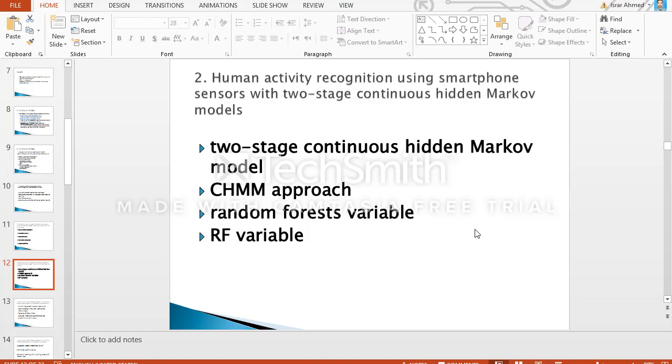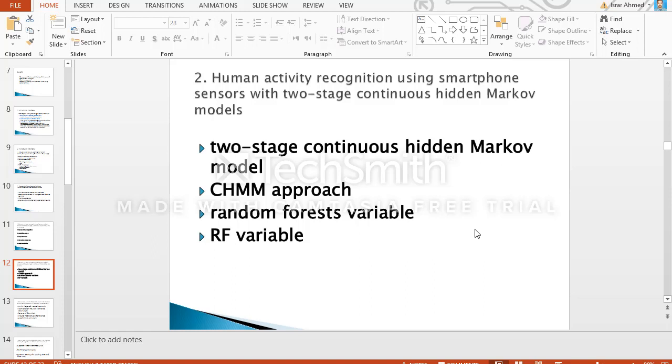The final product of this procedure was a feature subset of 119 factors which were utilized as the feature subset for the first level. The similar cross-validation method was performed to decide the ideal feature subset for every subclass. It was proved that the RF variable importance measure feature selection method is more suitable to be used in combination with CHMM. The results then show that a two-stage continuous HMM classifier is a reasonable method toward universal activity